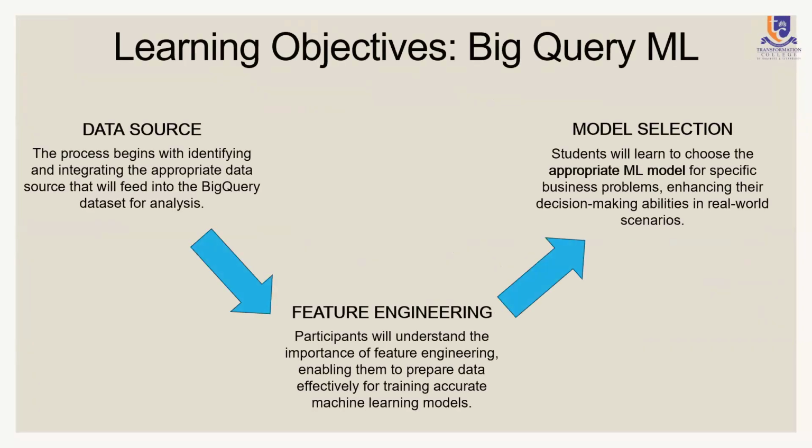All right, so the learning objectives for BigQuery. BigQuery has a workflow, right? And the workflow for BigQuery is you always start with your data source. You always need to determine what data sources you would use to train your model, right? This is BigQuery machine learning, that's what BigQuery ML is. So you need to start at your data source. You need to identify where you're getting your data from, and what type of data you'll be needing for your use case, and so on.